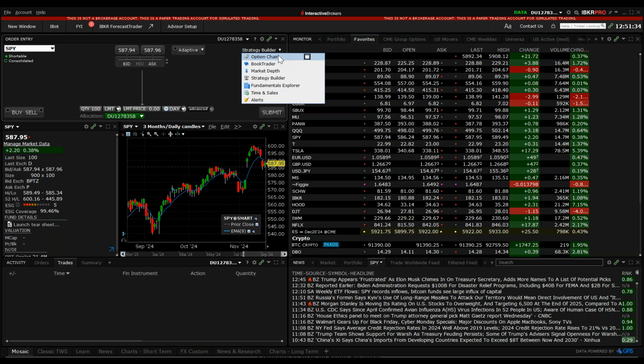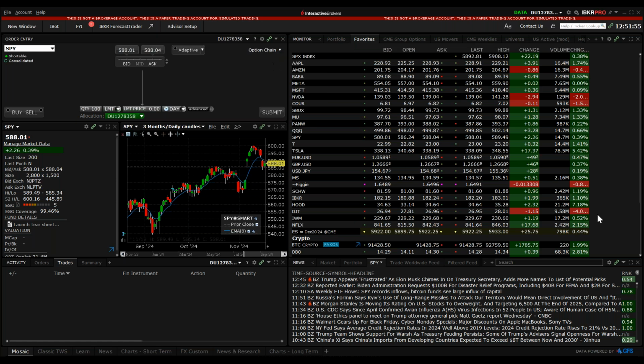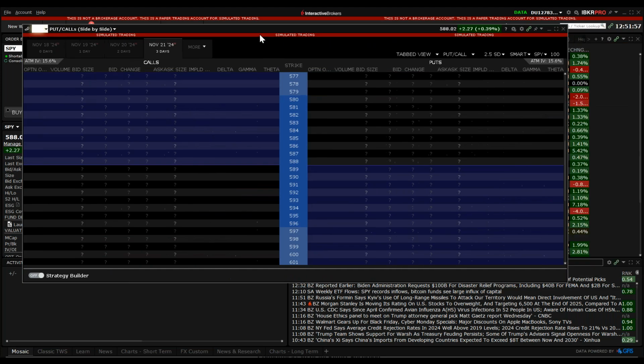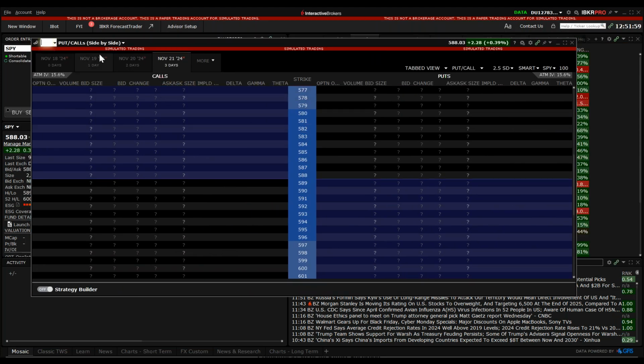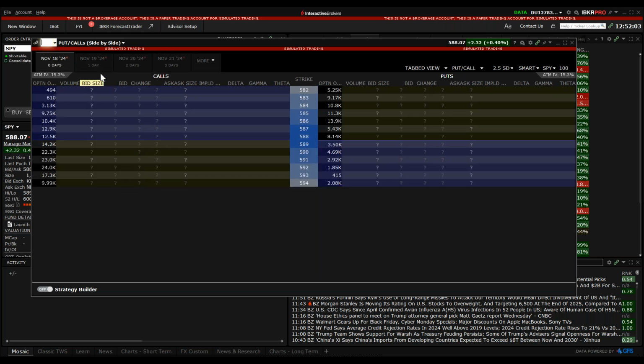Dan, hang on one second. I just want to cue this up for them so they know how to do this in the platform, right? So I've entered SPY into the order entry panel and drop down here. There are two ways to get where we're trying to get ultimately. They'll both achieve the same thing. You can select the option chain or the strategy builder.